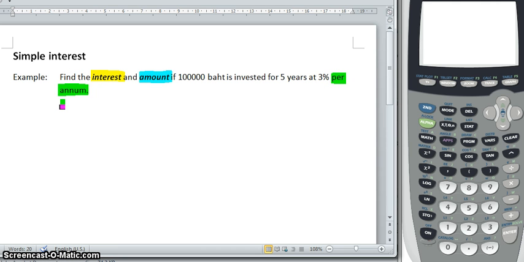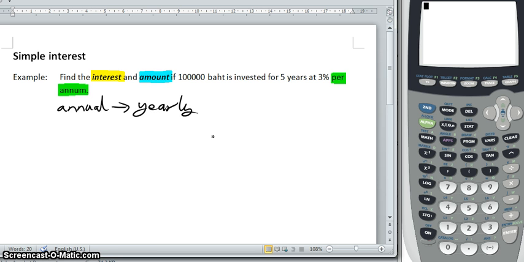Alright, so let's go with the green one first. Per annum means, well, it's annual. The word annual comes from the word annum, and annual means yearly. It is every year, so year. Alright, so what we're saying is it's 3% each year, and we're investing it for 5 years, and we're starting